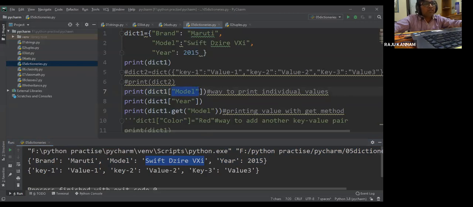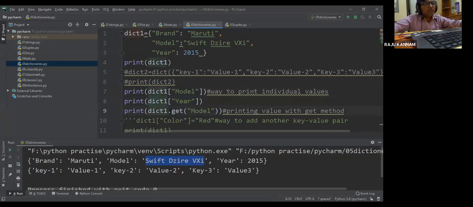It will print the value of this particular key. Like that, you can print the value of any key. So dict1, then you mention in the square bracket the corresponding key name, so that it will read the value of that particular key from the specified dictionary entry.